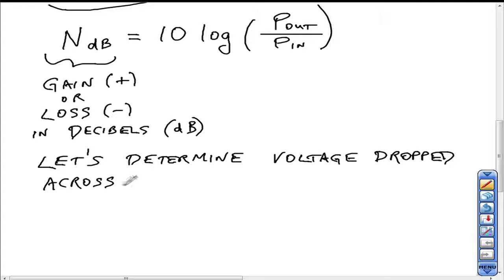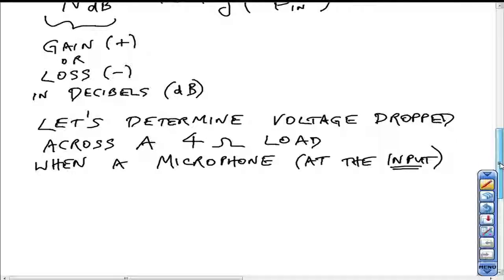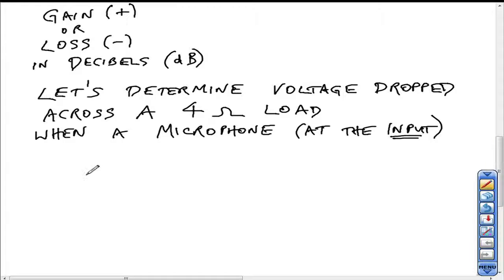All right, so let's determine the voltage dropped across a 4 ohm load when a microphone at the input, this is important, very important. So these are key words. Again, we're going to walk through this so you're not going to get lost with these word problems. So when a microphone at the input